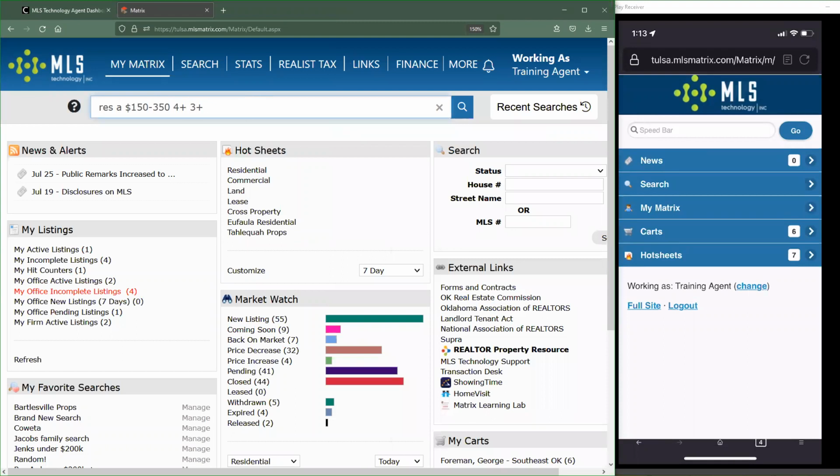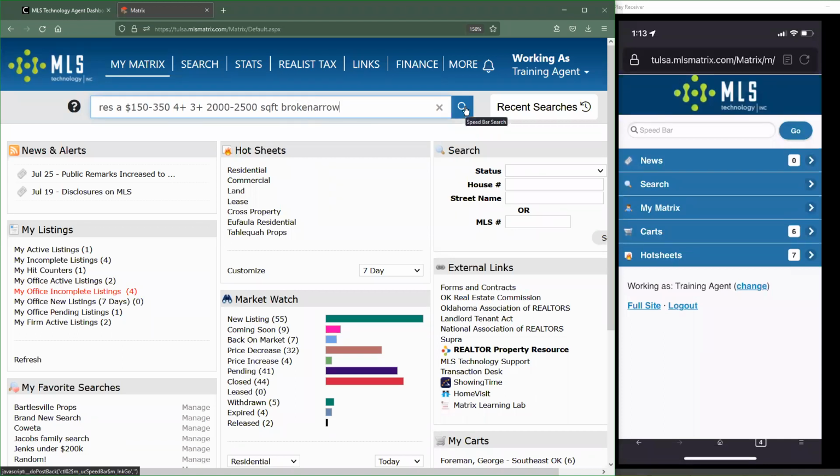And then finally, I'm going to put in a square footage range, so 2,000 to 2,500. And again, I need to make sure that this is associated with the item that I'm looking for, so square feet. And then finally, I'm going to put in the location I want to search in. Now, I'm going to use Broken Arrow as my example so that we're actually finding everything in that area. But notably, if you do have a city name, so Broken Arrow, Broken Bow, whatever, that's 2 words, the city name will have to be condensed. So just take that space out. Good news is the system will automatically know how to interpret that.